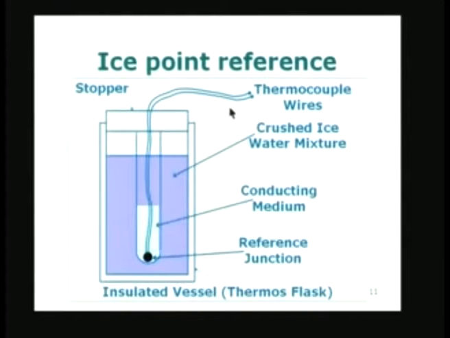So, of course, the question now is, if you have a large number of thermocouple temperatures to be measured, let us say T1, T2, T3, T4 etc., each one of them will require a reference temperature which is given by the ice point. So, do we provide one ice point for each one of them, or can we provide a single ice point reference?